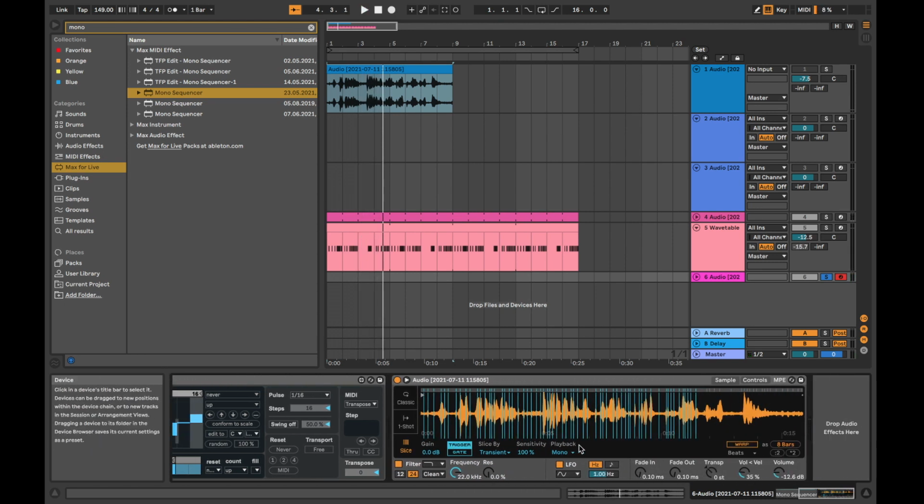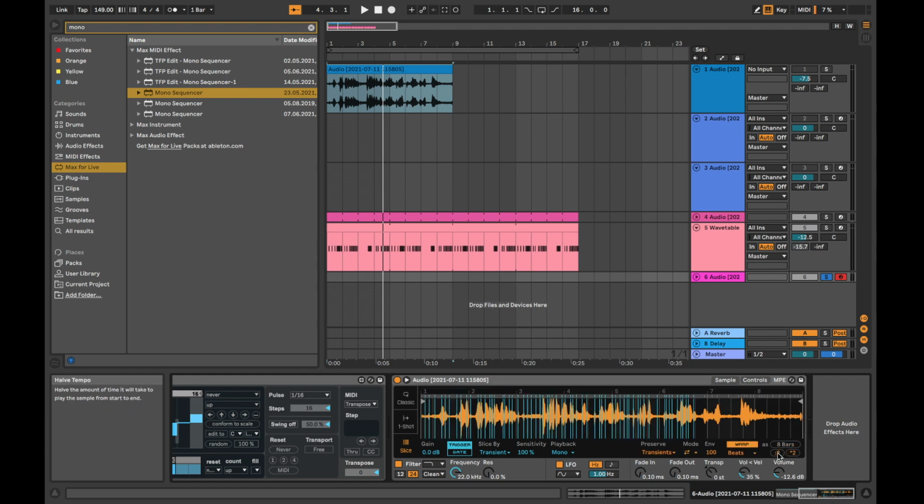Another thing that you can do with this is that you can pitch it down. No, sorry, you stretch it. So click on 8 bars, and then we can set how many bars this is stretched over. So if you click times 2,